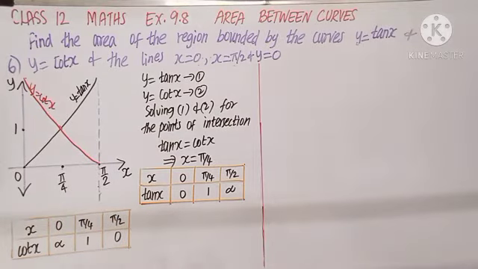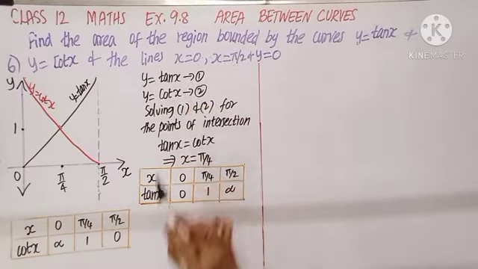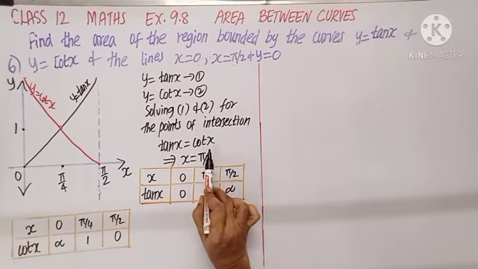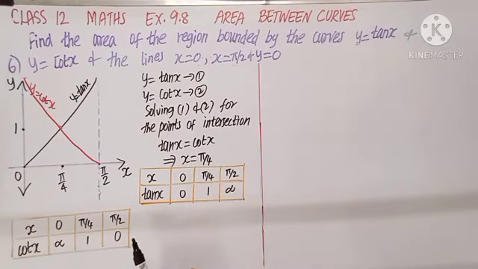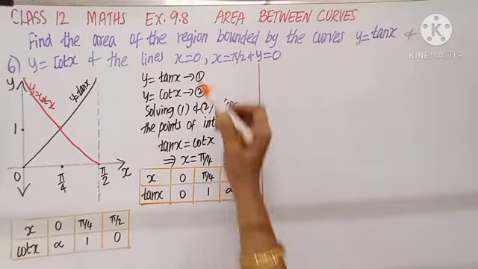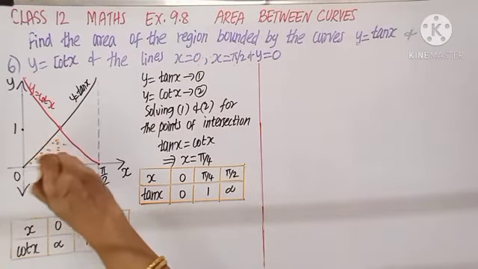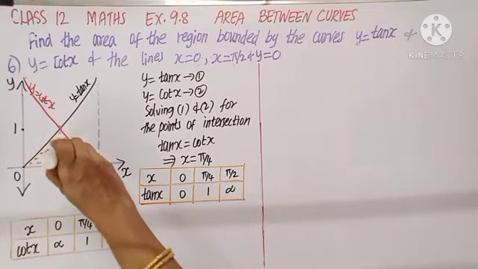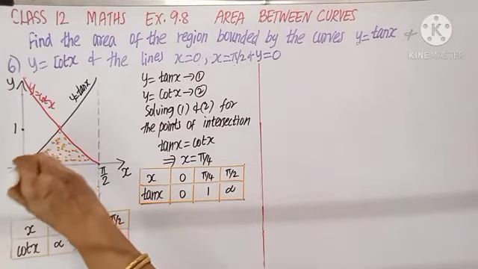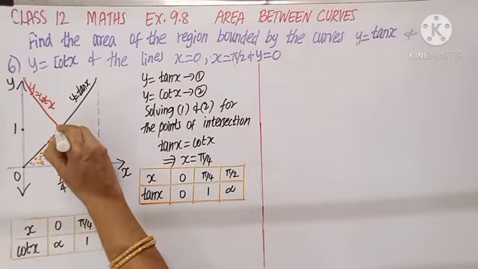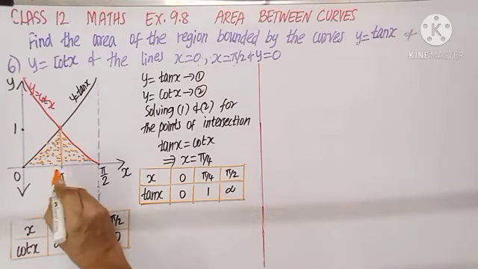Now the question is the area bounded by these curves. Let me solve the two equations. Tan x equals cot x tells me x is equal to pi by 4. So this is the portion that I want. Area between 0 and pi by 2, also y equal to 0. Y equal to 0 is the x-axis. So this is the portion that I want, for which I have 0 to pi by 4, pi by 4